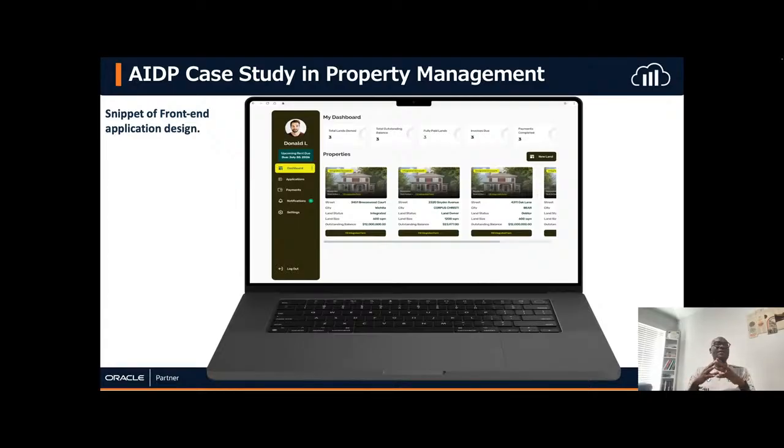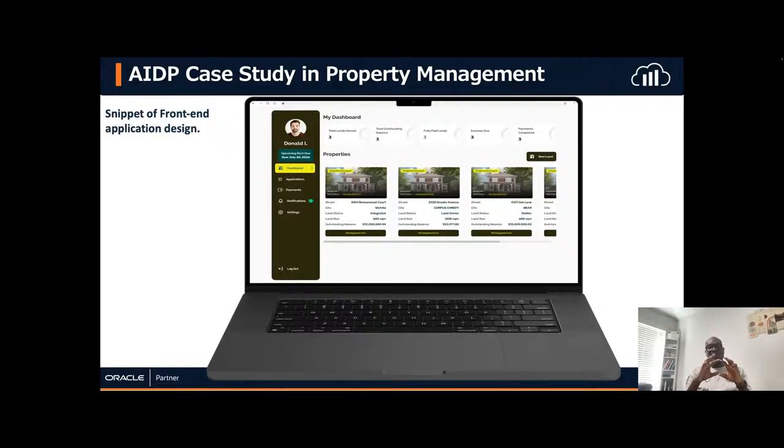So let's say, for instance, this is a user. The user can see everything that they own, the properties that they own. So your dashboard shows the total amount of land that you own, the total payments that are outstanding, what you have fully paid for, invoices that are due, and payments completed. When you log into your dashboard, you see this, and it gives you visibility that, oh, I have 3 properties, and these are the outstanding balances that I have.